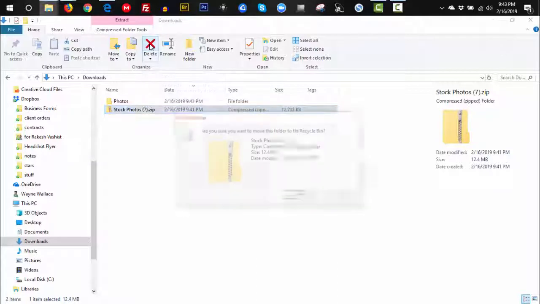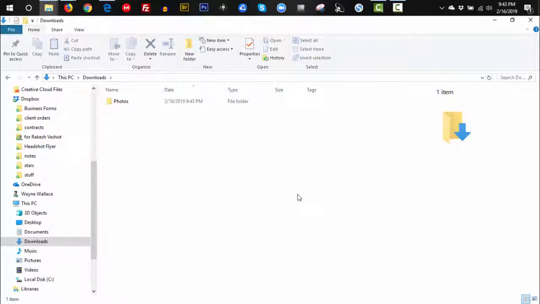Now at this point you can go back to the downloads folder and delete the zip file. But before you delete it, you want to back it up somewhere. Put it on a flash drive, put it on another hard drive, put it on a CD-ROM, put it in the cloud, email it to yourself. Well, it's probably going to be too big to email it to yourself,